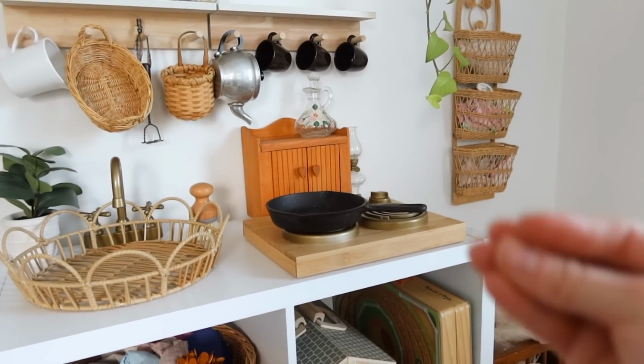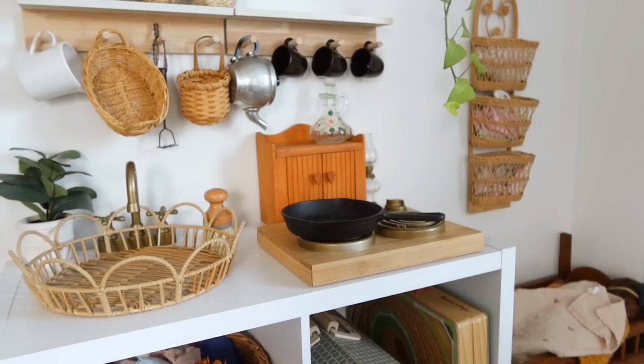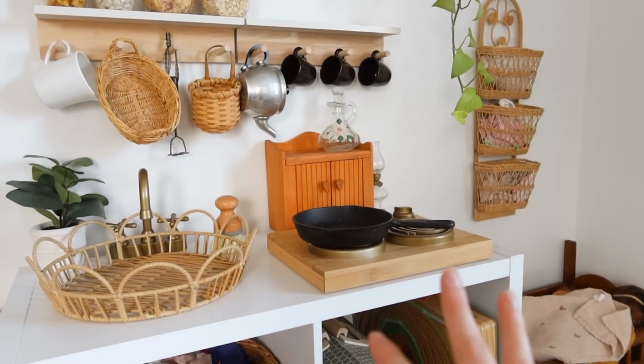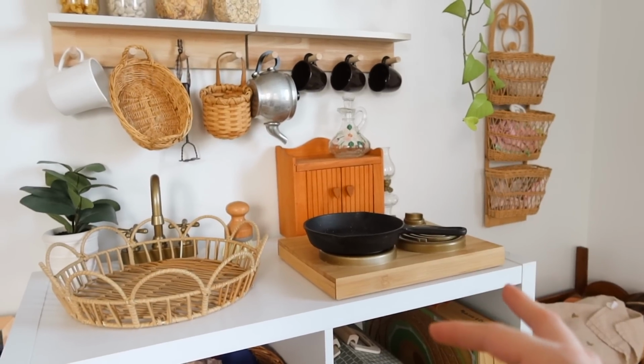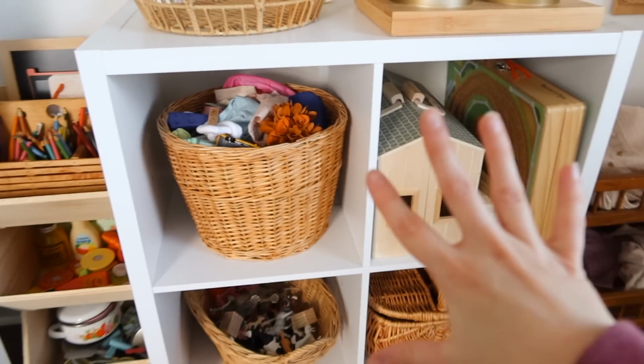And I feel like because we're always looking for little stuff like that, we might find one thing in an outing. They come home and they play with it for days because it's suddenly something new. They can find all kinds of new uses for it, and it just makes things really, really fun. So over here, this